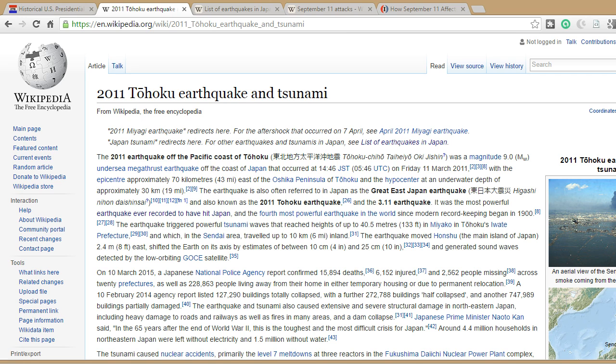Okay, so let's go to another example. This time we will start from the actual event description. This is the Tohoku 2011 Japanese earthquake and the tsunami. And this was a catastrophic event, as we all remember the scenes of devastation. And you can see here that there were nearly 16,000 deaths.